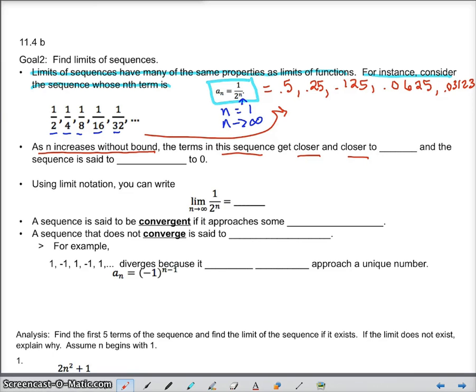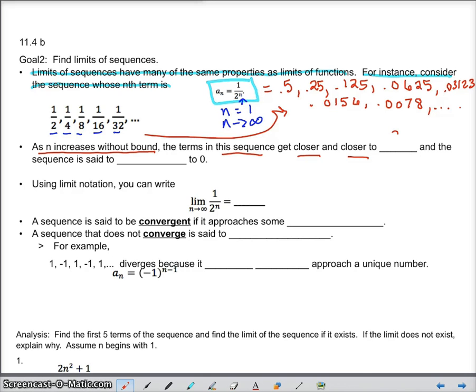And 1/64th is 0.0156. Can you guess what the limit is now? If you're not sure, the next term is 1 divided by 128, or 0.0078. And you could keep going, but hopefully by now you've recognized that as n increases without bound, this sequence